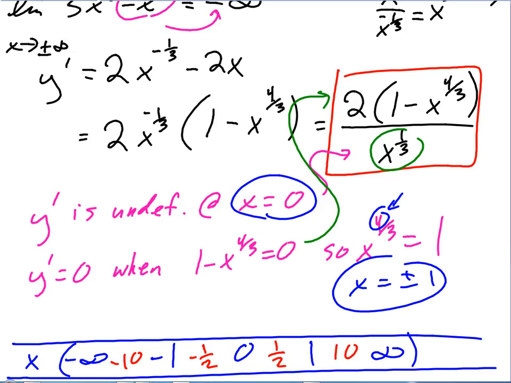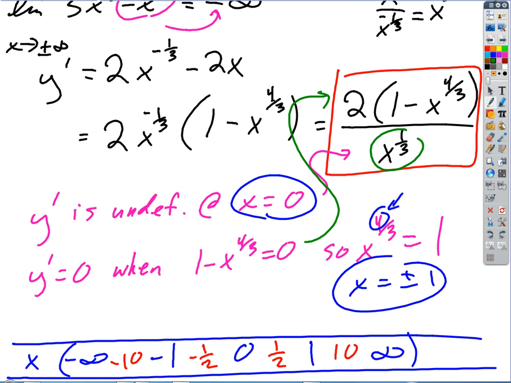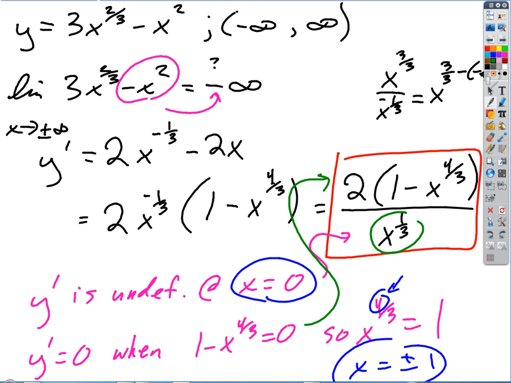We ended up with three. X equals 0, x equals plus or minus 1. And then we can start to build our table. This question only asked for, and this was important too, at least as far as the test is concerned, only wanted to know about relative extrema and increasing, decreasing intervals.